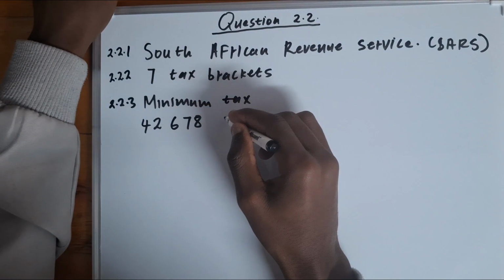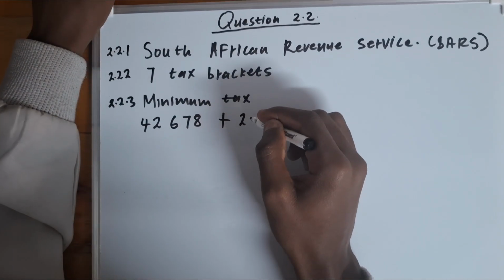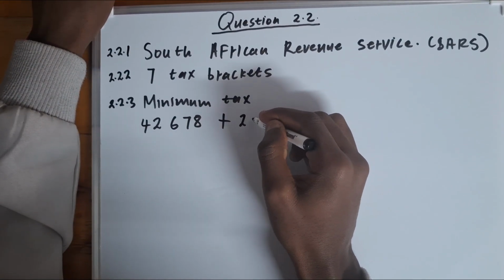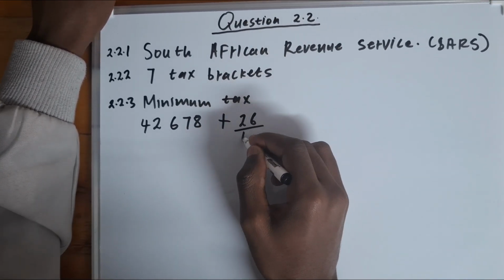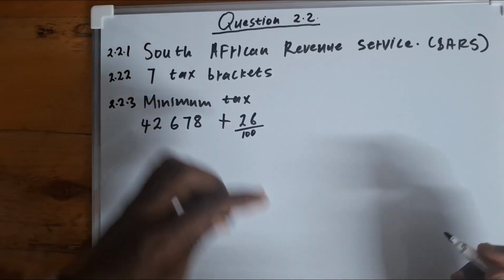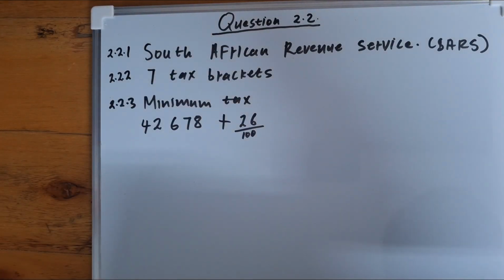42,678 plus 26%, and it can be written as 26 over 100, or you can still write it as a percentage. So in order to calculate this minimum tax, you must actually use the amounts in the taxable income for the